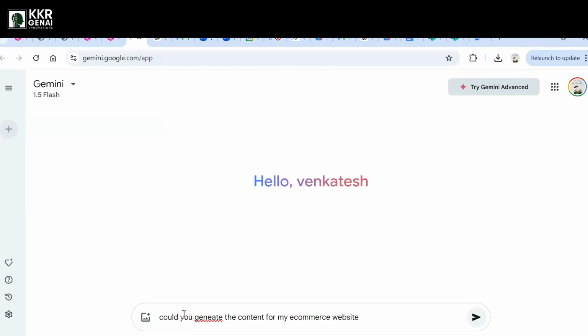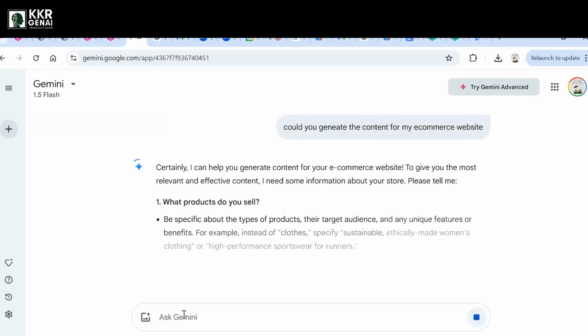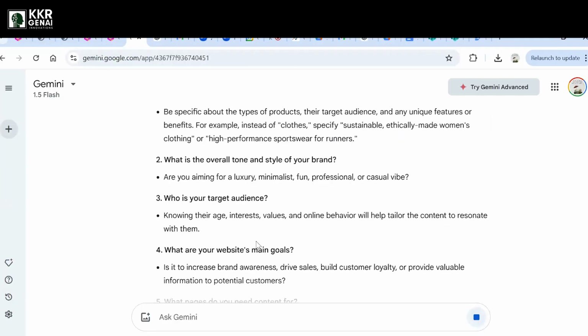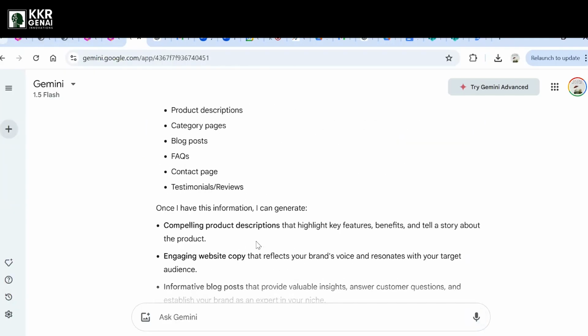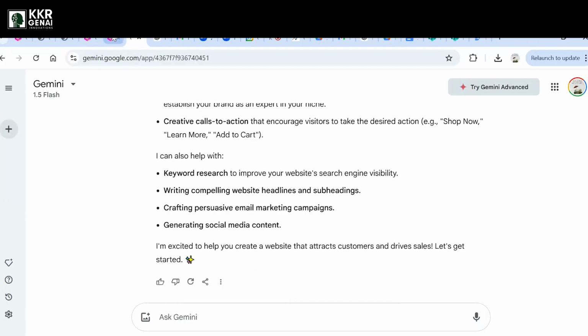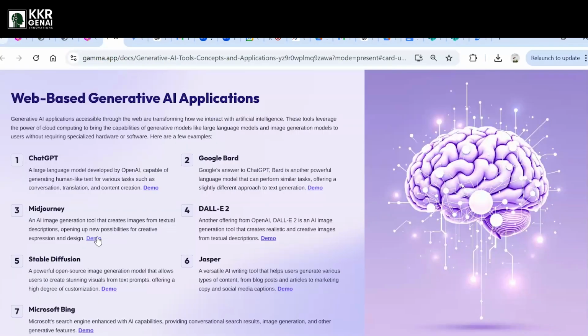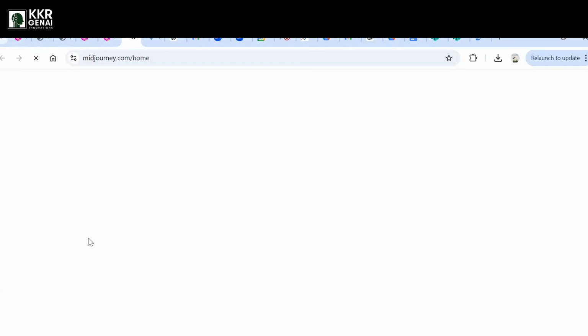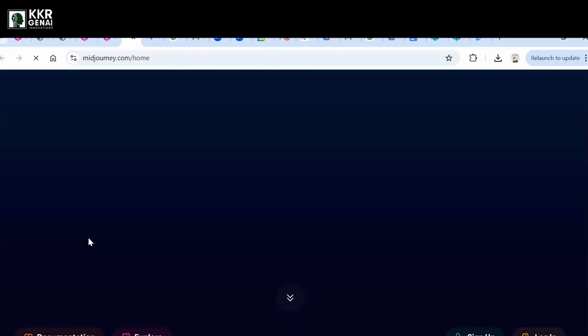Okay, see, it will generate the information for you. It will ask you some set of questions. If you can provide clear information, then it can provide you completely end-to-end information. So these are some interesting tools, some of them are paid and some of them are open source tools, which you can utilize directly.